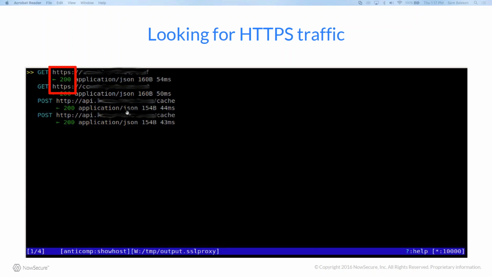Now, if certificate validation is implemented correctly, we shouldn't see any HTTPS traffic appear. Ideally, on the handset itself, we should also see a pop-up alerting us to an invalid certificate. Sometimes there might be just an error that something went wrong or that there's no internet connection, but that's still better than the worst case scenario, which is we do see HTTPS traffic here in man-in-the-middle proxy,